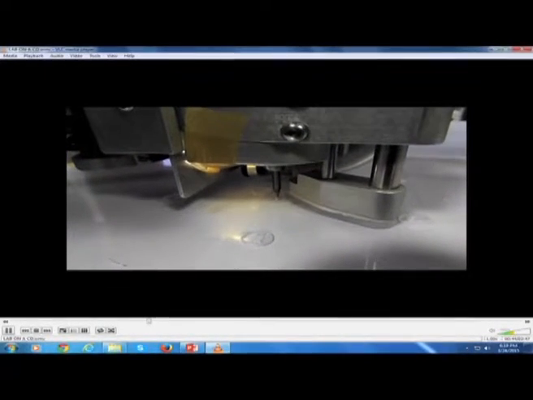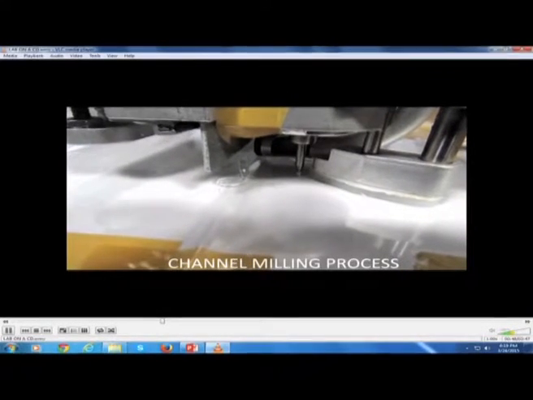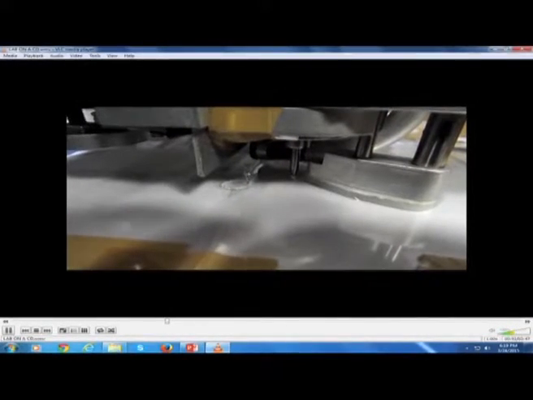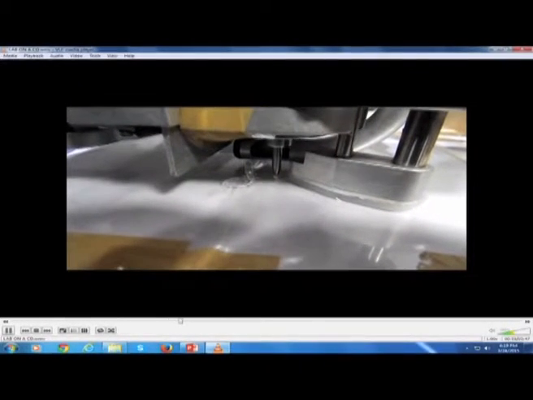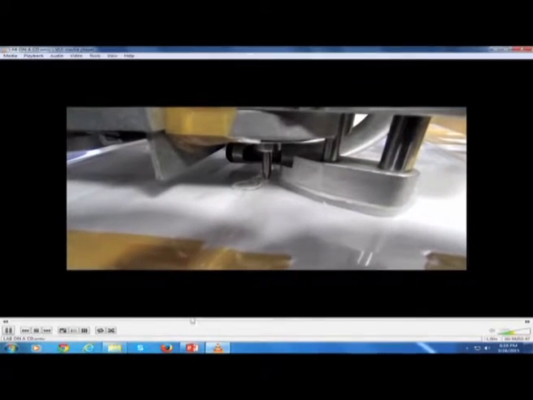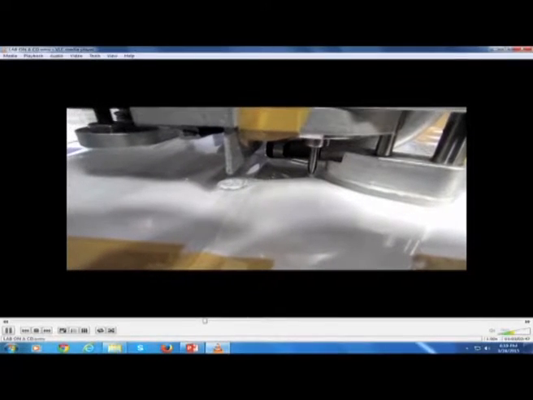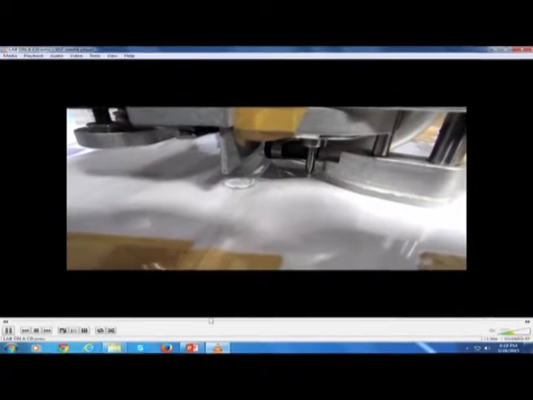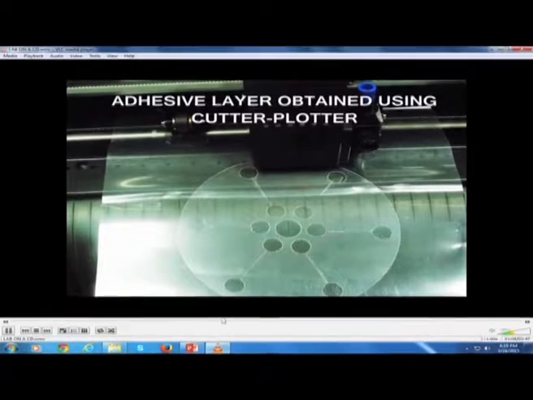Various chambers are being milled, then channels are milled. You can see that the channels are basically connecting the chambers.